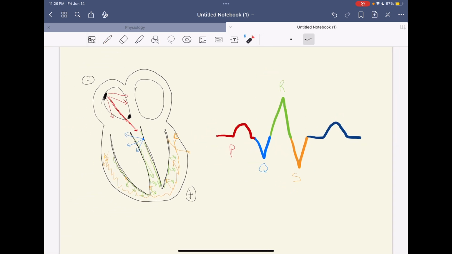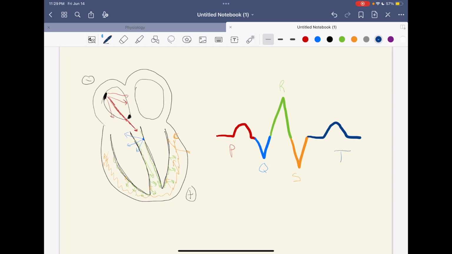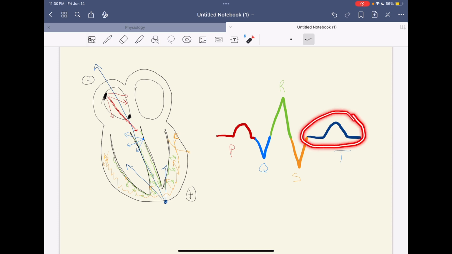And then finally this T wave right here is the repolarization of the entire heart, so this whole system can start again. This whole system will start at the apex of the heart here, and it starts to repolarize in that direction, all of it going up towards the base. And because that is a repolarization moving towards the negative lead, it will give us that upward facing hump on the EKG tracing. And that's the basics of the